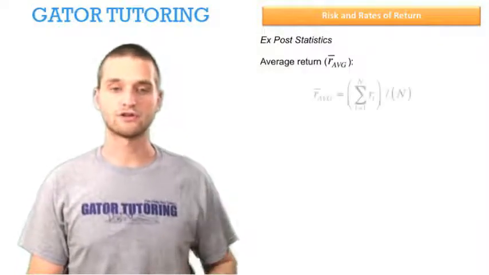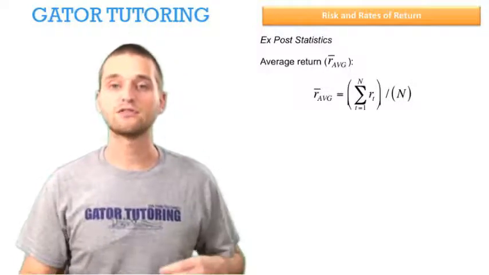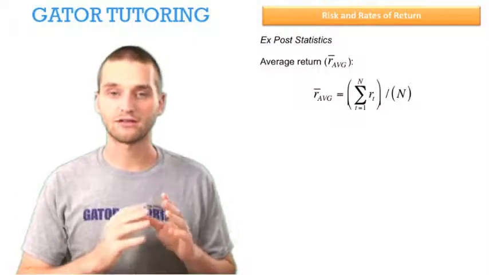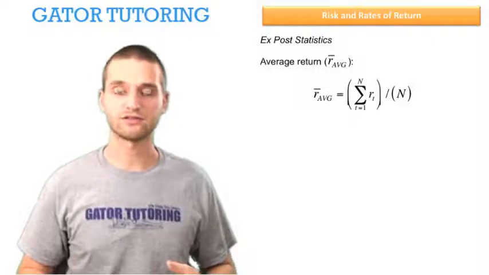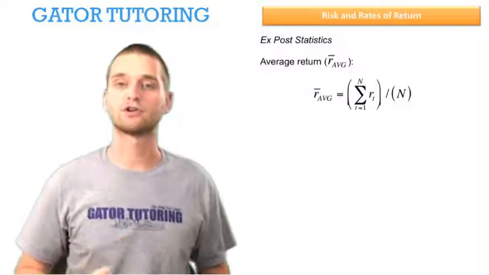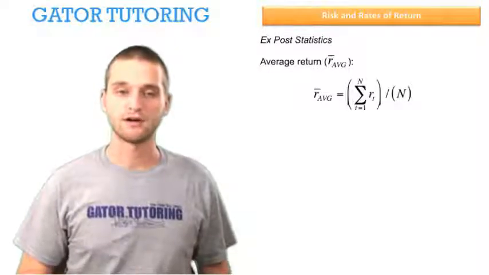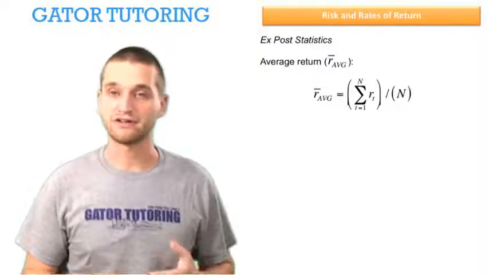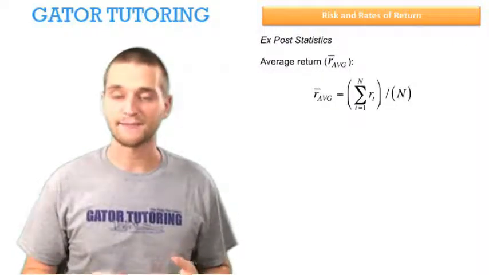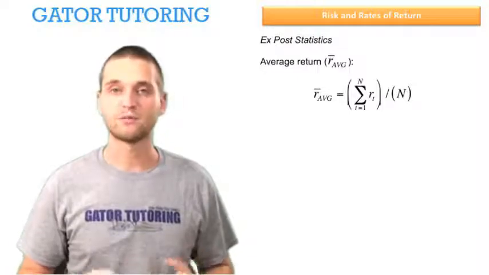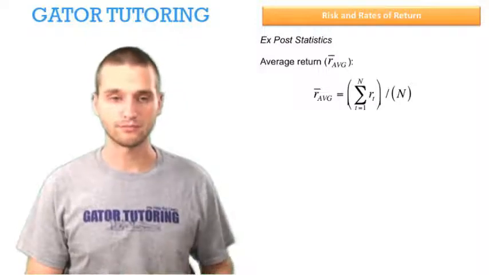And so now the average return, we're talking about ex post statistics now. This is when we're looking at data that's historical, data that's already collected, that's already occurred. We've already realized these yields, and we can calculate our average rate of return over some amount of periods. The average return is the sum from t equals 1 to n, where each t is a time period, and we just sum up the returns and divide by capital N, the total number of time periods. This is the same way that you would calculate an average for anything. It's just a standard average formula, so it'll look pretty familiar.